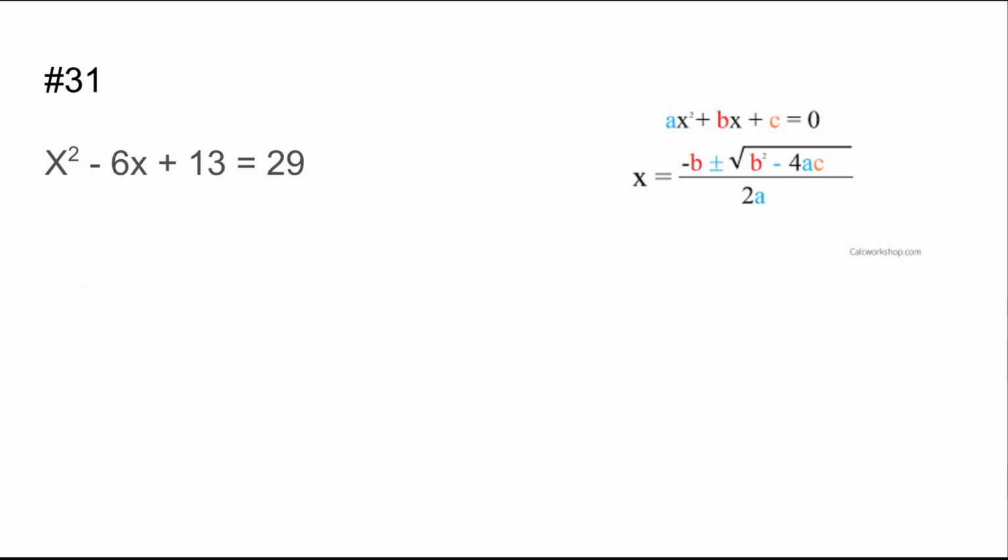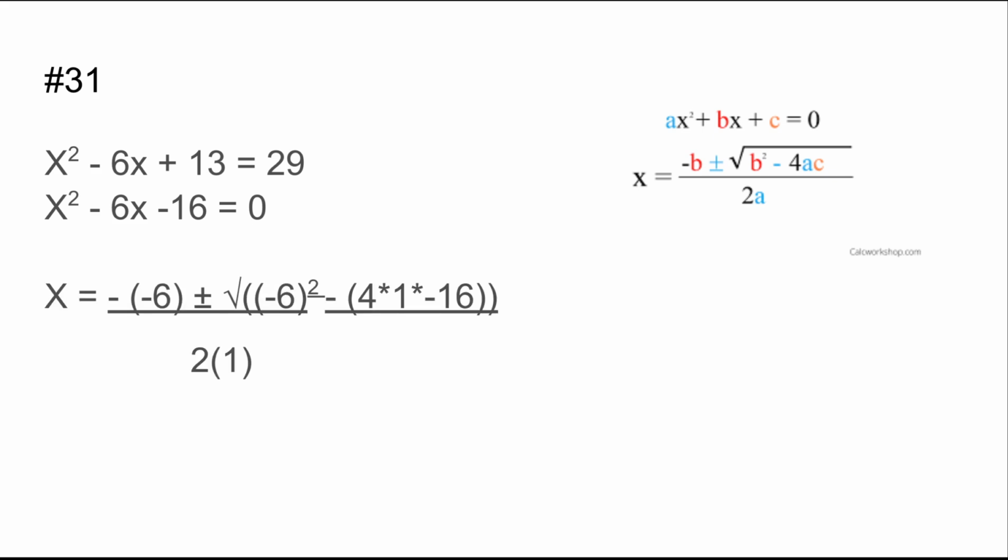Number 31. This one is also a little strange. It doesn't equal 0 like it's supposed to. So what we're going to do is subtract 13 minus 29 to make the right side 0. Now, since it's in the right format, we are going to put this in our quadratic formula. So negative 6 plus the square root of negative 6 squared minus 4 times 1 times negative 16, enter, divided by 2,